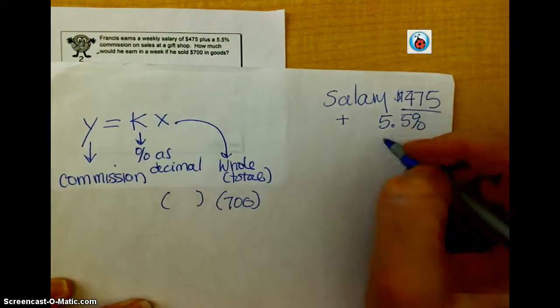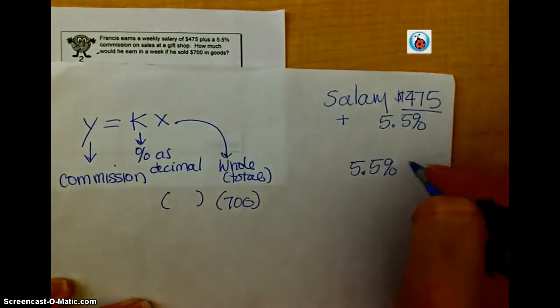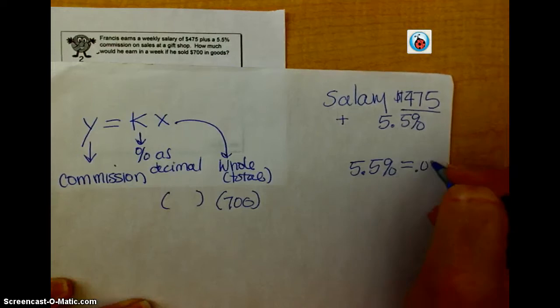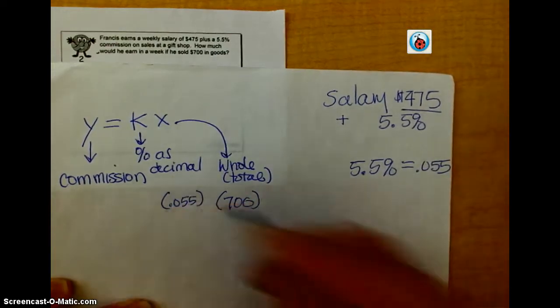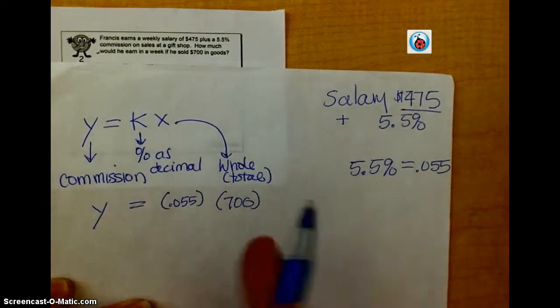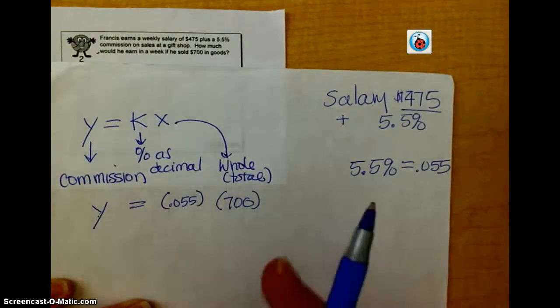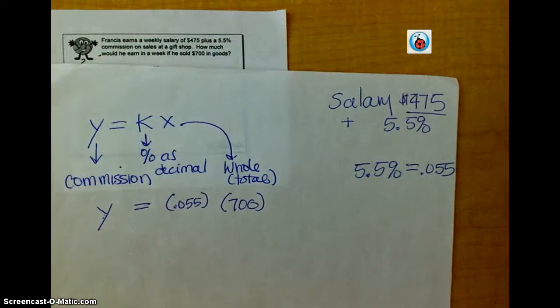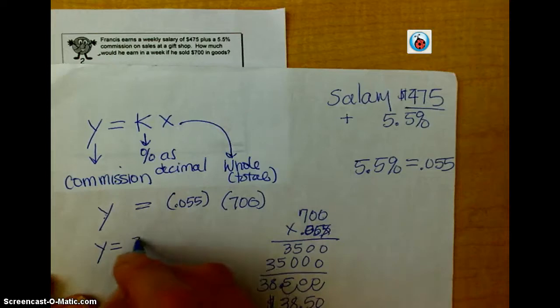The percent, 5.5%, changes to 0.055. We're looking for the commission, so we're going to multiply our two numbers together. Please pause your video to do your multiplication and check your answer. His amount of commission is going to be